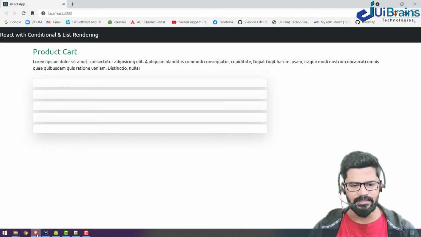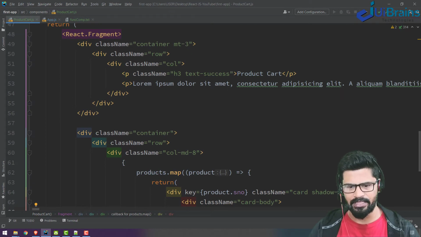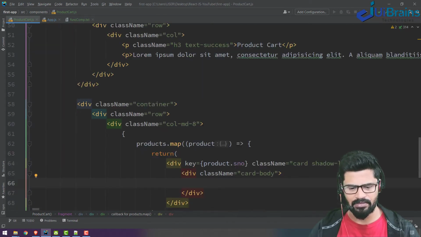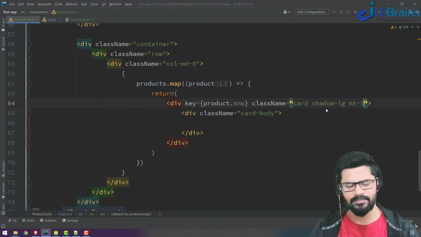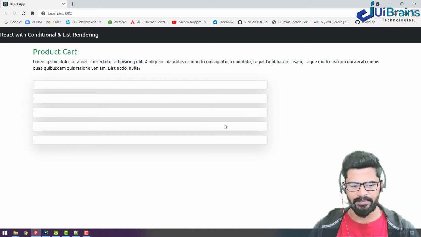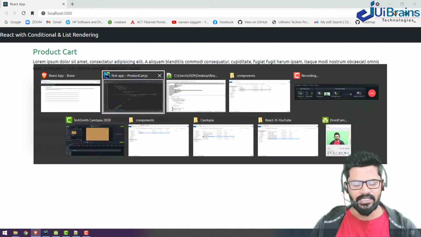So back here, you see you have 5 cards, empty cards have come, and if you wish you can add some more height, I mean margin top, for a card. Okay, let's say margin top 3, a little more gap. Okay, fine. What else do you do? Display the content.